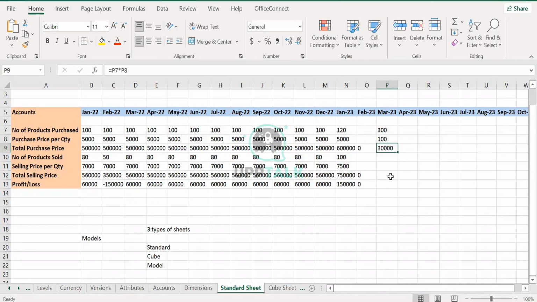Basically, it's allowing you to view data. It's allowing you to enter data. It's allowing you to edit data. Whatever you can do in a sheet, in an Excel file, it's possible to do it in Adaptive also. That's why it is called a sheet, where we could definitely build any kind of model. First, we focus on the standard sheet. Standard sheet you need to understand. Let me ask you a question.